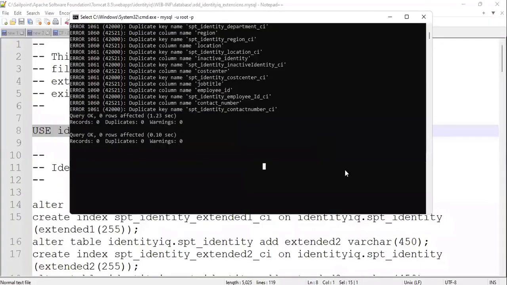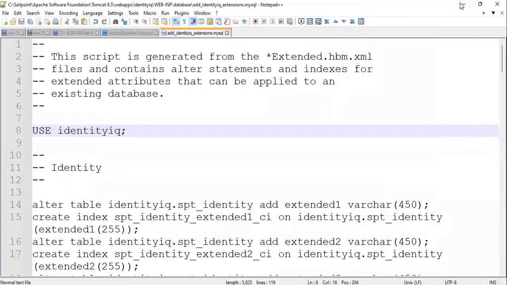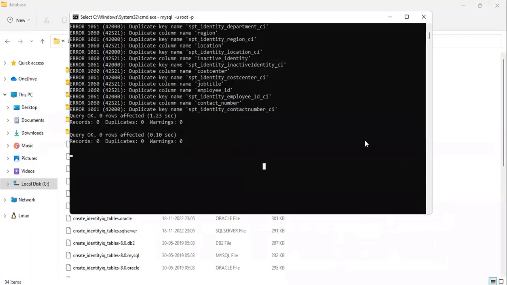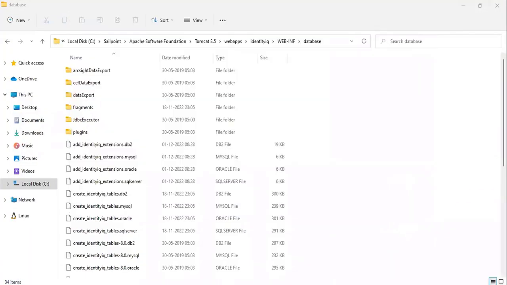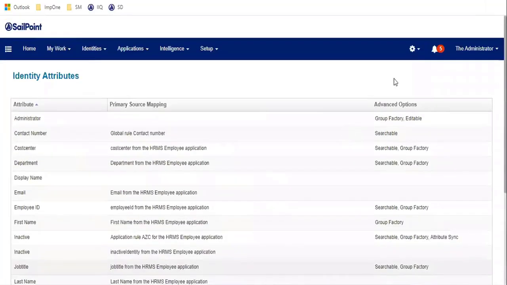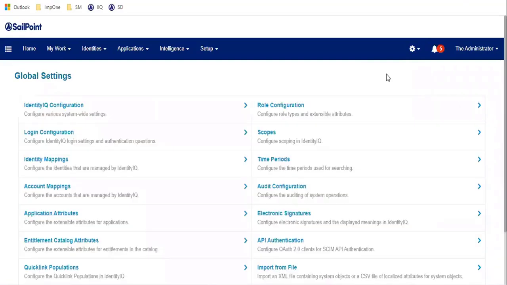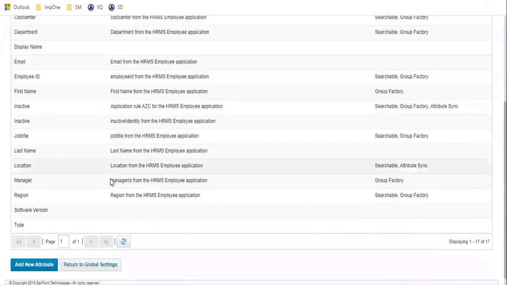That's it. Now the third step we are going to follow. Go to SailPoint, go to Global Settings, go to Identity Mappings. From here you have to create